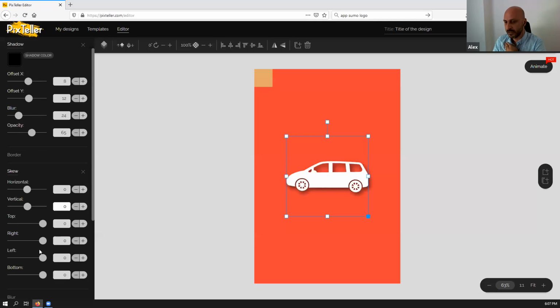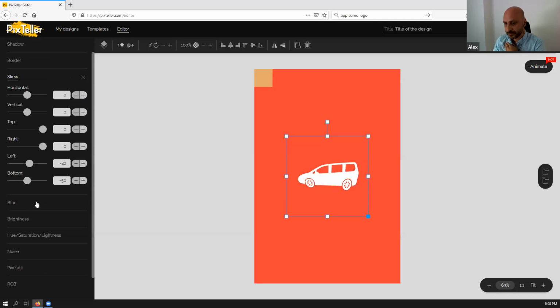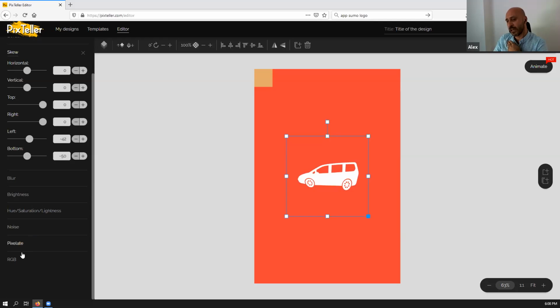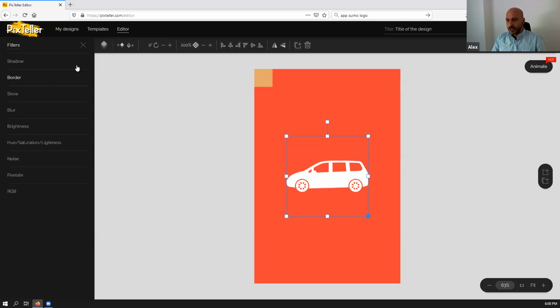Also, we have some advanced skew like right or left or bottom. You can play with this. And all kind of filters like noise, pixelate. And now I will go back to